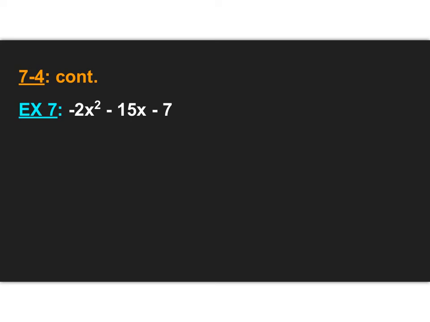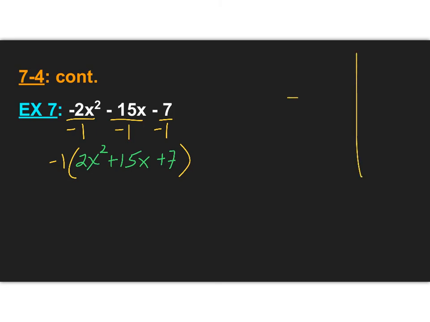So we are going to start from the very beginning by factoring out a negative 1 from each one of these. Essentially, that's going to change the sign of everything inside. So all these negatives change to positive, and you get positive 2x squared plus 15x plus 7. So now when we do our table over here,